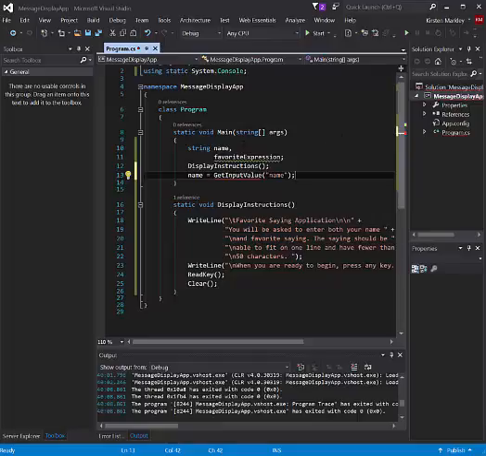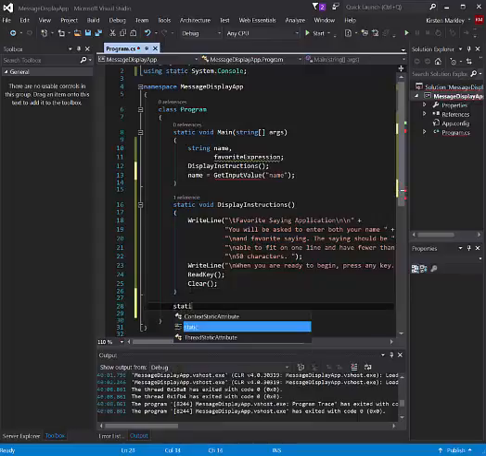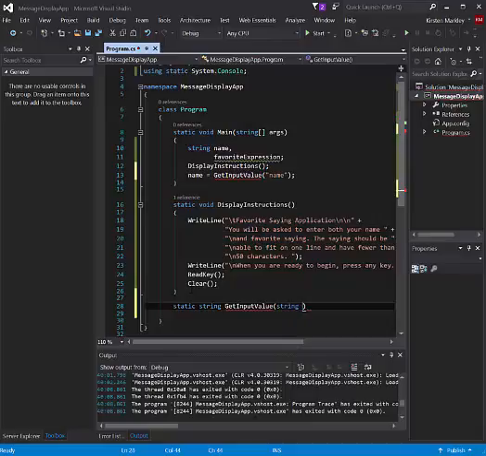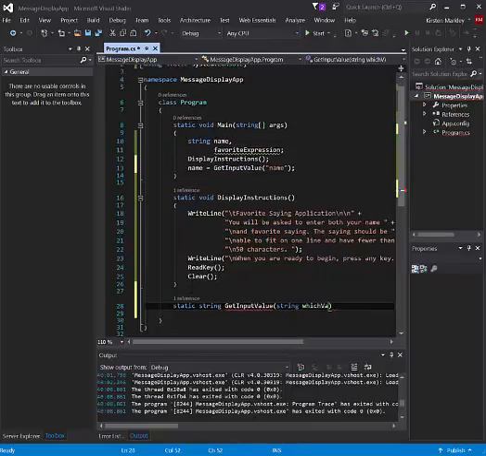So now we need to create that method, and we'll start a new method here. So make sure you include it after the closing braces here. So I'm going to create a new method. We're going to again start with the word static. This particular method is going to return something. It's going to return a string. Get input value. It's also receiving a string. And we're going to give it a parameter variable name. I'm going to give it